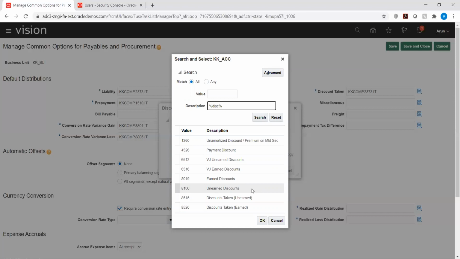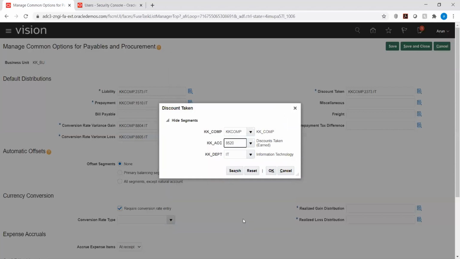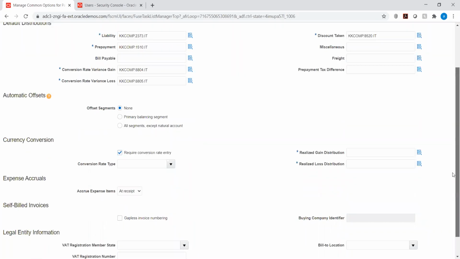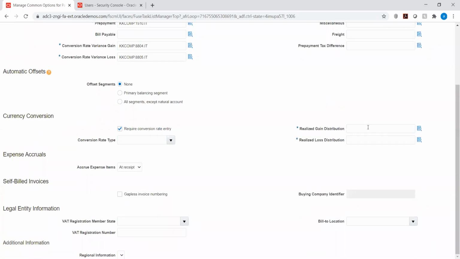And one more point, Arun. Can I have more than one reference set in a BU? No, we can have only one reference set for a BU. Okay, one reference set for a BU, and that reference set can be assigned to multiple BUs. Yes, correct. So I think your doubt is clear now, right? Yes, clear.